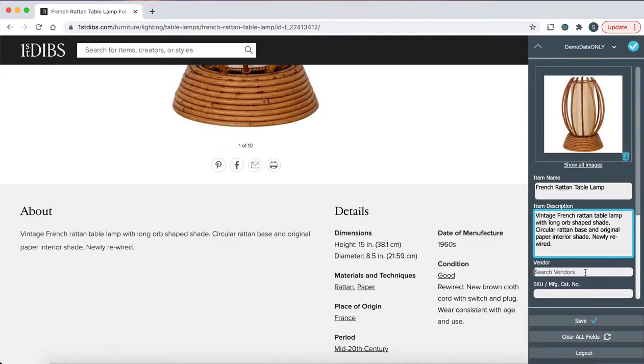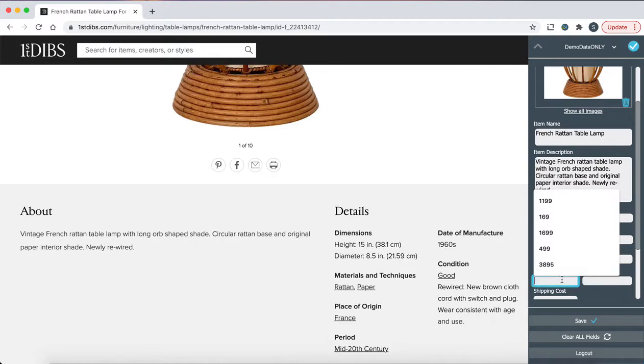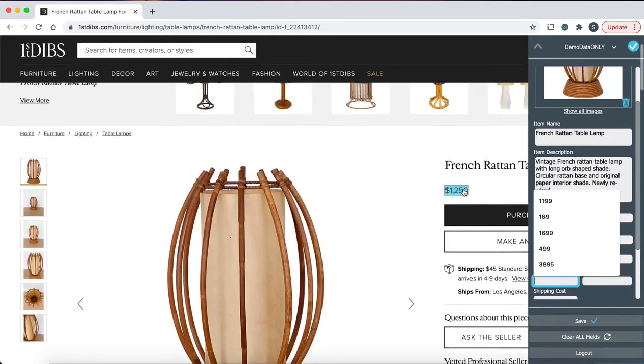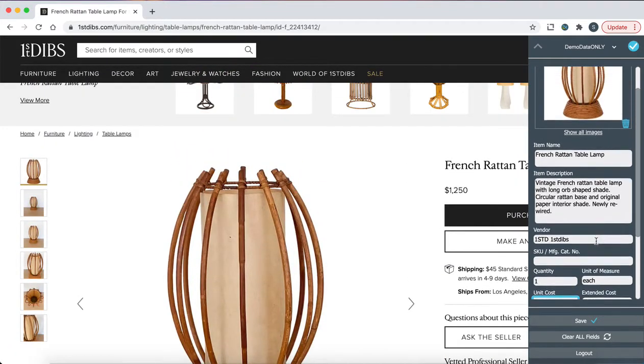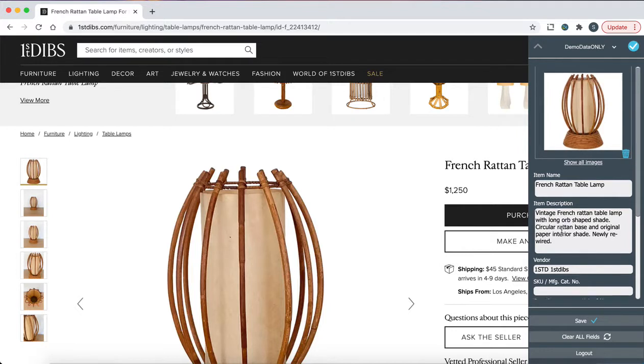Once we have our vendors set up in the software, if we begin to type that in, it's going to populate for us and recognize those vendors. Then we can come down here and grab the rest of the information we find important. Like a lot of fields in Design Manager, these aren't all mandatory to be able to save this item. We just need our picture and either an item name or item description, and then we can save this clipping with whatever other information is